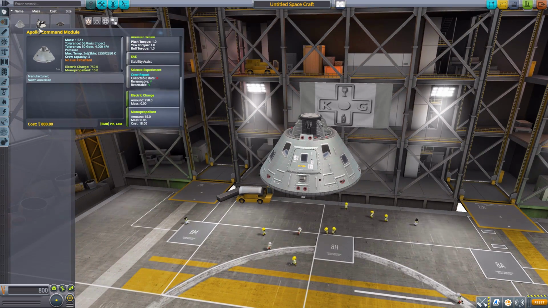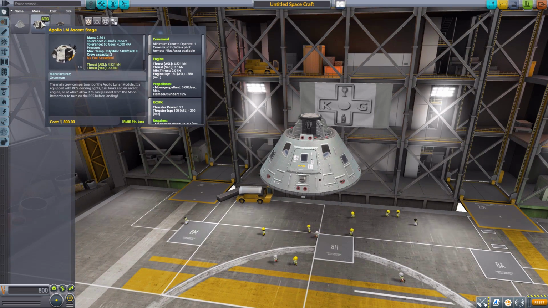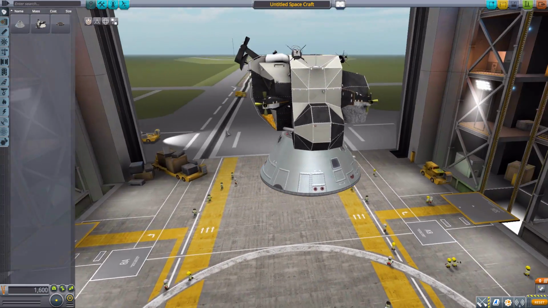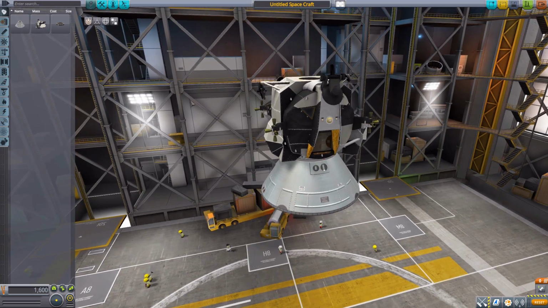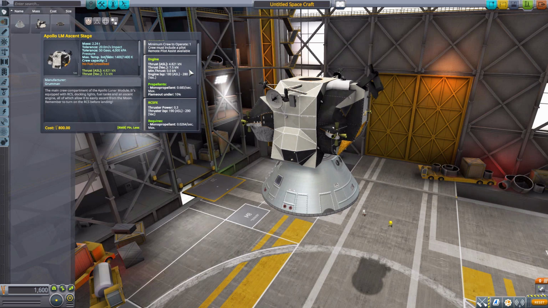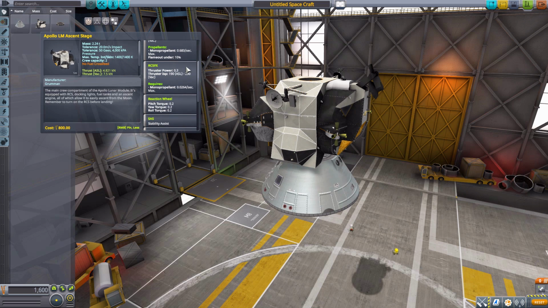monopropellant. Now then, besides that, we do have the Apollo LM Ascent stage, which again is just beautifully detailed. Look at all the work that went into this thing. It is very cool. And this one, of course, is also a command pod with a minimum of 1 crew member to operate, max of 2, has a built-in engine with 7.5 kilonewtons of max thrust and 280 engine ISP in vacuum using monopropellant. Does, of course, also have some built-in RCS, reaction wheel, SAS, crew report, 950 electric charge, and